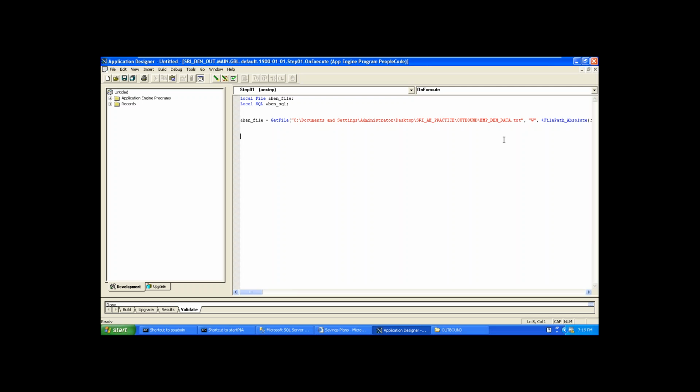Yes. Next, coming to the SQL. Earlier, we used SQLExec in our programming to get the data.